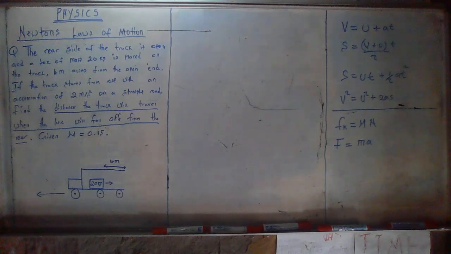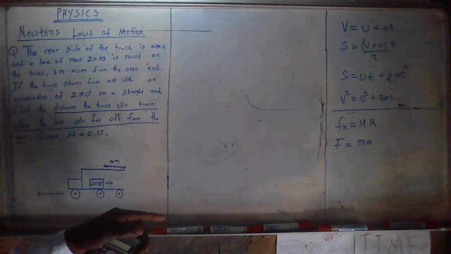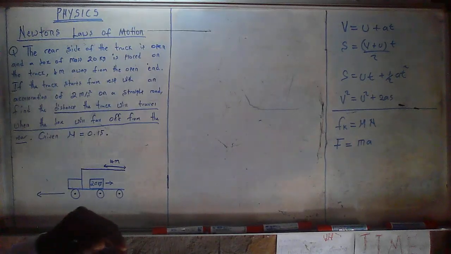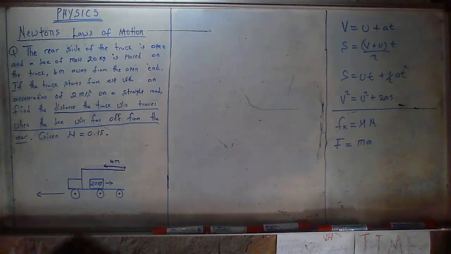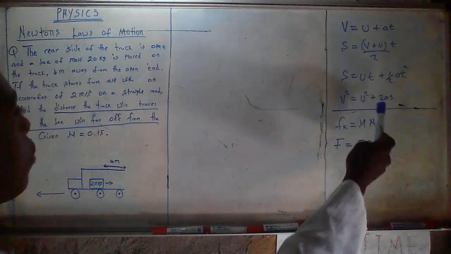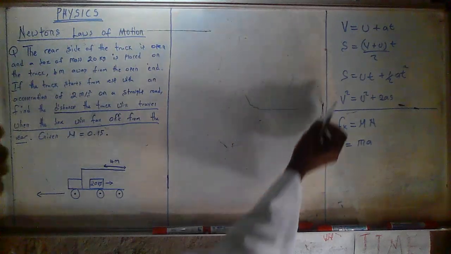We don't know the final velocity at that specific time which we want to find. So any formula which has got the final velocity is disqualified. Therefore we use this formula,